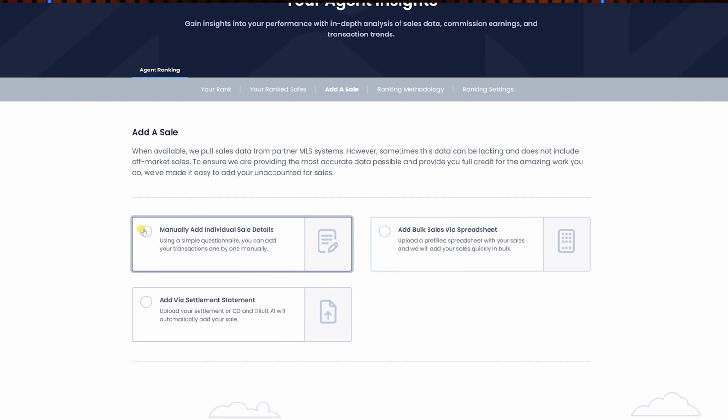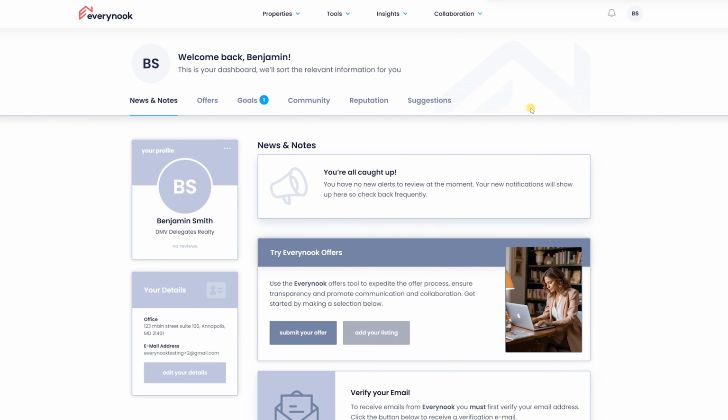And you can do that by either manually adding the sale, adding a settlement statement, or you can download a spreadsheet and upload the details on that spreadsheet so that you can get credit for your off-market sales as well. If you're a member of a team and you would like your team to show up in the team rankings,